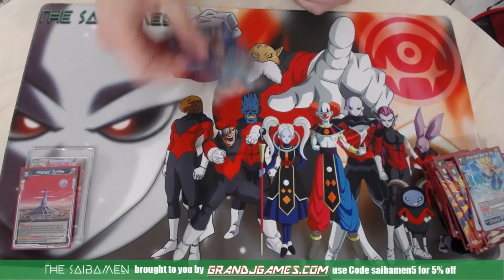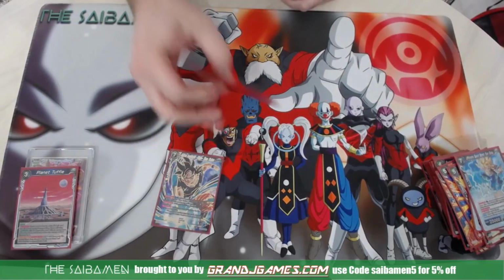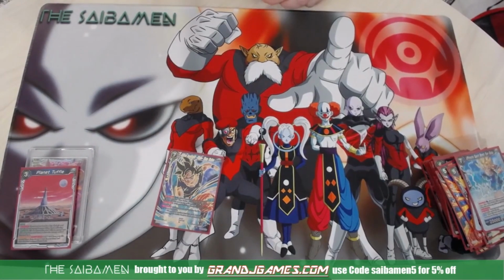Reason being is that I also have 2 of the Ultra Instinct signed Son Goku. So this guy, the classic, costs you 2 blue energy to evolve on top of a 5-drop blue Son Goku. This guy has triple strike, 35k. The best part here: when he comes into play, he bounces all your opponent's battle cards to their hand, and that's not a choose, so that's everything. It's going to hand. And